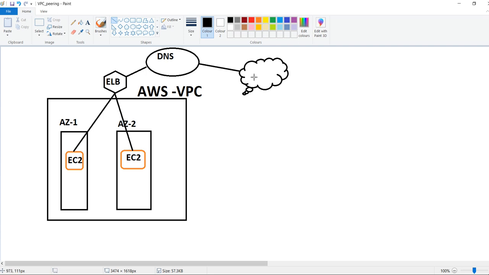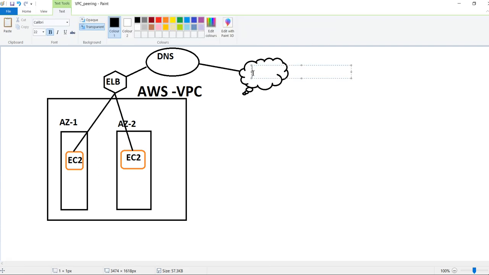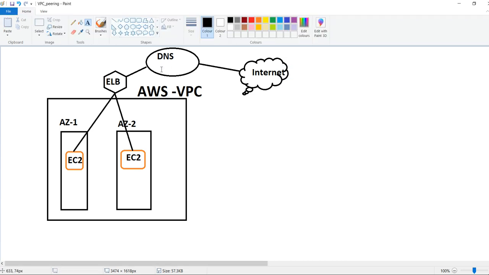Whenever any users on the internet access our application, they first fetch with the domain name. Assume these are the end users on the internet, and our application is something like www.amazon.com or google.com.